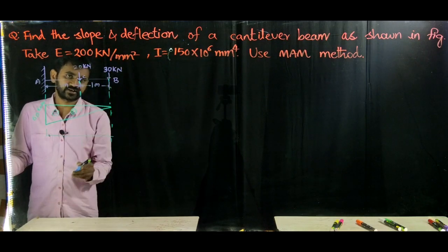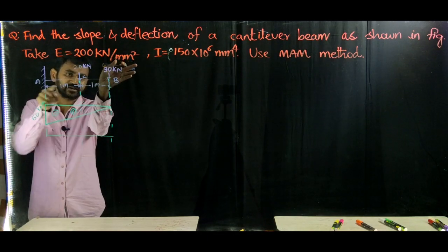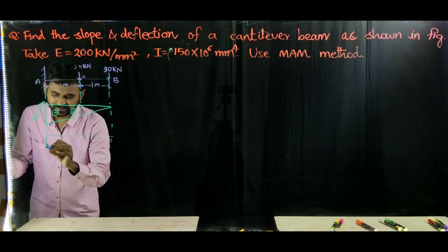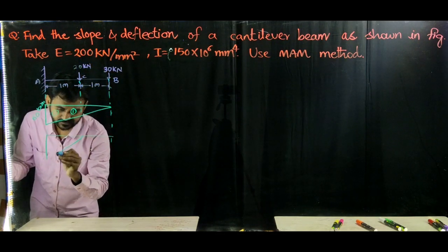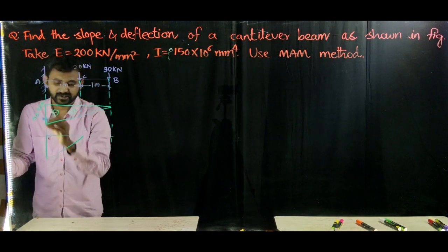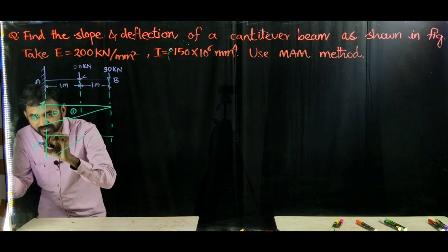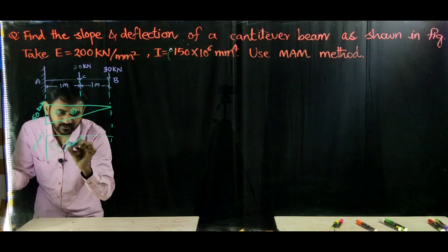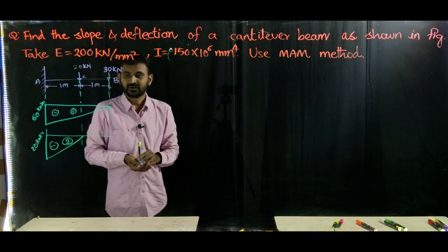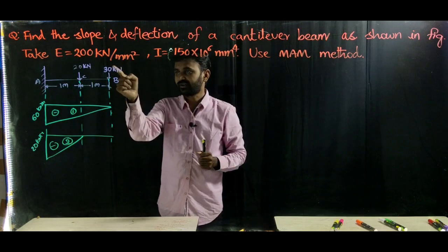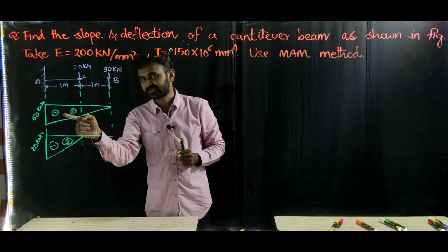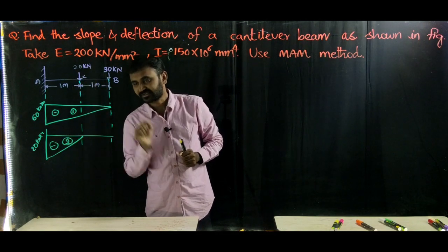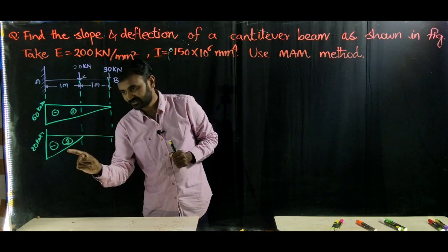Here I am not considering any other load, only one load is acting over here, but the beam extends beyond that, so I will get a diagram like this. So 20 into 1, this is 20 kilonewton meter, this is negative, and this is figure number 2. By considering only the first load I got this bending moment area, by considering only the second load I got this area. So this is A1, this is A2.